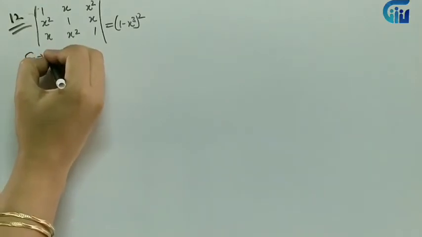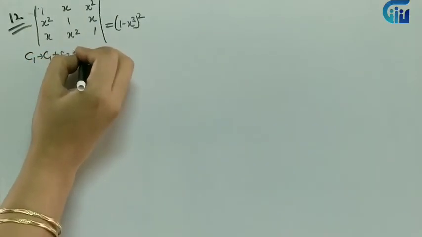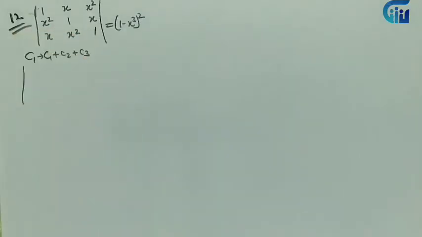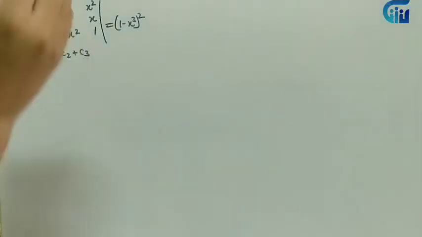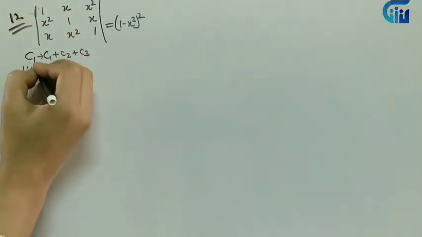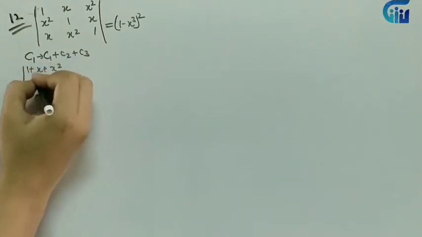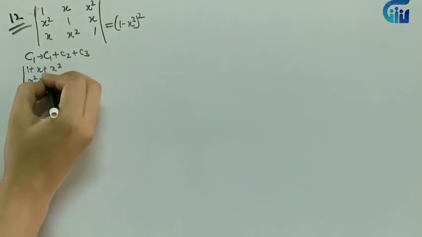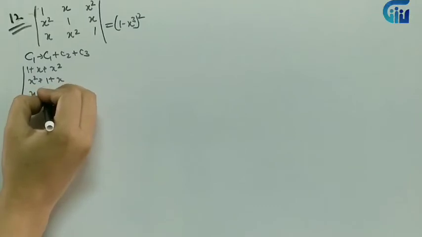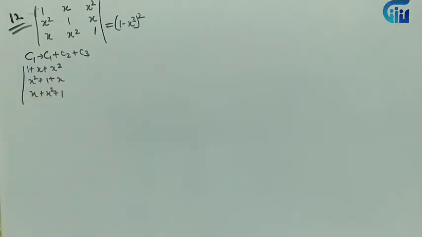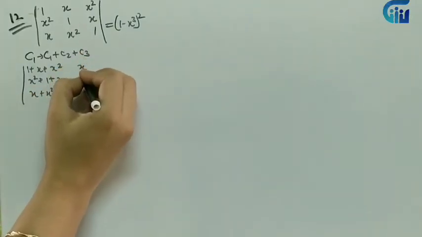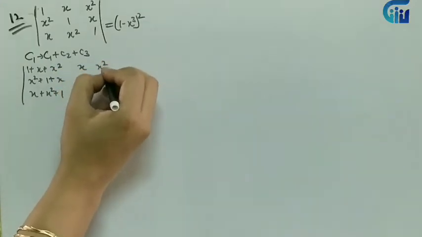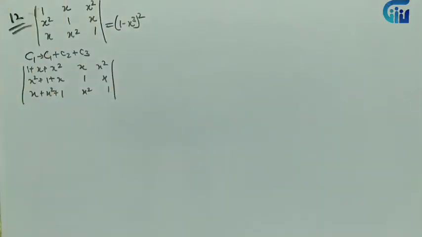Now what I'll do is, I'll just write C1, C2, C3. So over here, I'll add all the elements along column 1. So it will be like this. What do we observe? In this particular question, I can add along row or column, I'll get the same result. The other elements, I'll write as it is. So let's see what we get. The same term, x square plus x plus 1. So all the terms of the first column are the same.